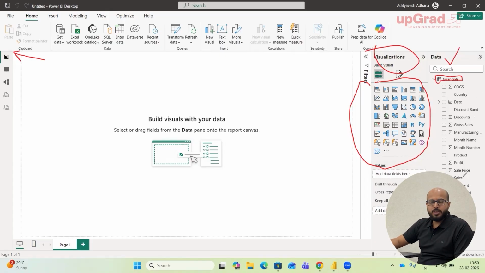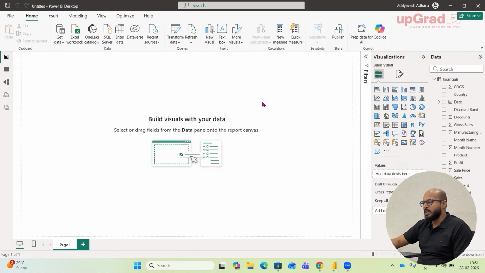We wanted to do the summarization. So two variables are very important here. One variable is the one based on which we are going to create a summary, like the sales column. In this, we wanted to create a summary. Any numerical column on which you can create a summary will by default come with a summation icon. The other variable is the categorical variable, like the product or the country or the segment on which we can do the categorization. We can do the grouping of the data set. So we will consider these two variables right now for creating our visualization.